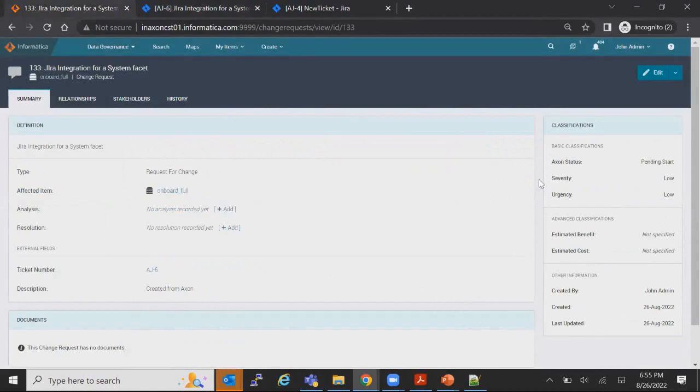Right. So once it's done, let's stay on the pending step. Let's refresh this one to see the status of it. The Axon status for this request is completed. So in this way, even if